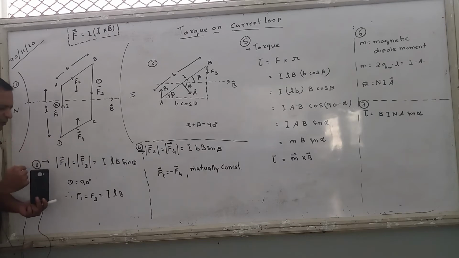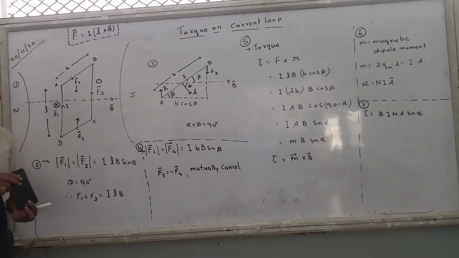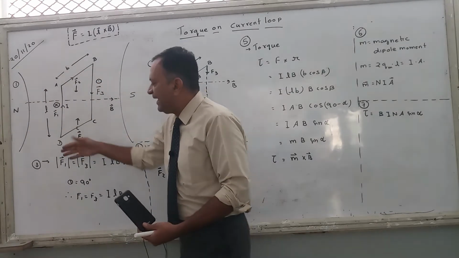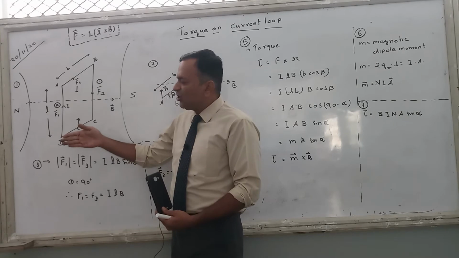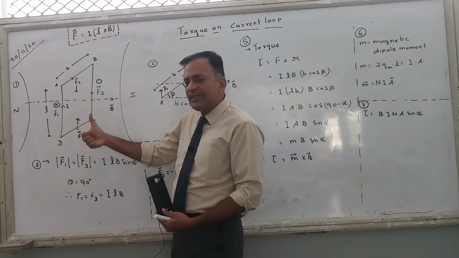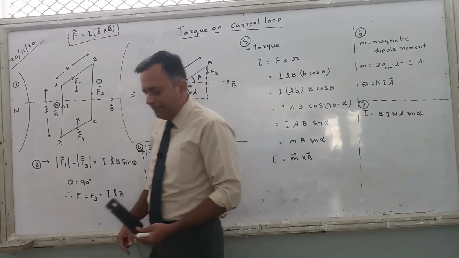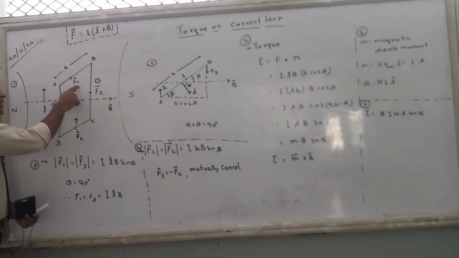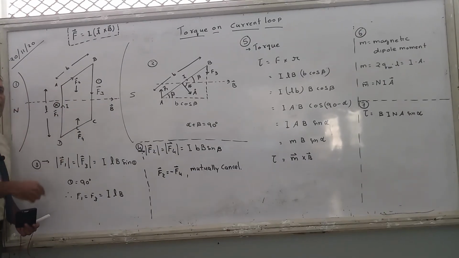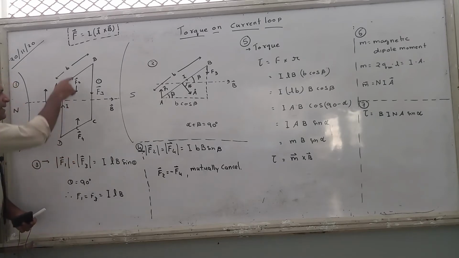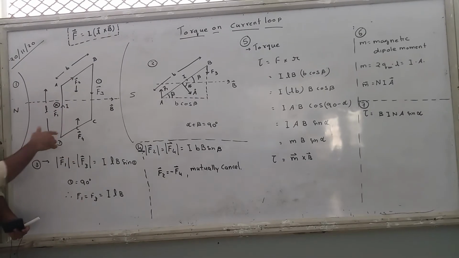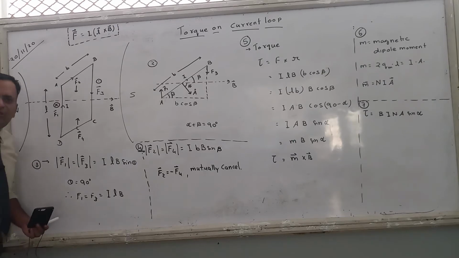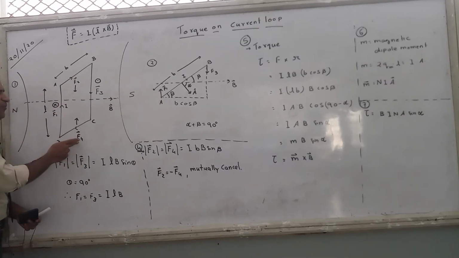F4 downward. The current went like this, like this, then comes like this here. So keep the fingers of right hand in direction of this current, just like this. Close the fingers towards magnetic field. It is here. The force is upwards. Got it? So you can see these two forces, F2 and F4, they are equal? Yes. They are opposite? Yes. Are they acting on the same body? Yes. Are they acting on the same line? Yes, they are acting on the same line. Line of action. You understand, right? For F2 and F4, line of action is same.